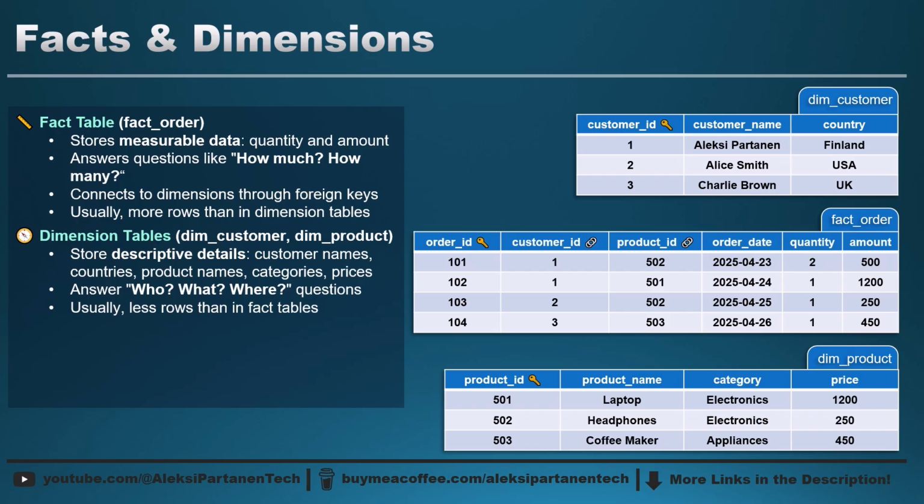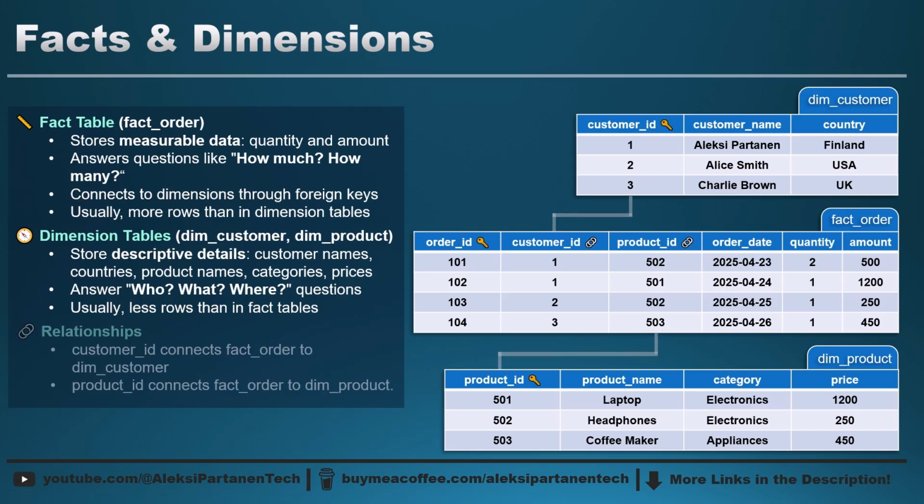For example, information about customers, products, stores, or dates. Dimensions answer questions like who made the purchase, what was bought, and where it was bought. Relationships are then created between the fact table and the dimension tables. For example, customer ID links orders to customers and product ID links orders to products. When you hear about star schema or Snowflake schema, they are based on this idea of having facts in the middle